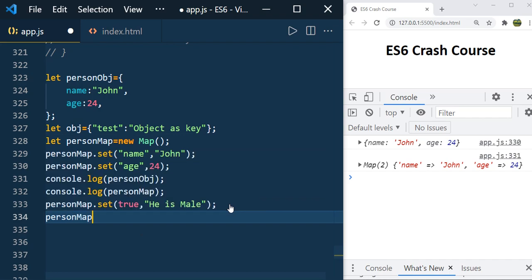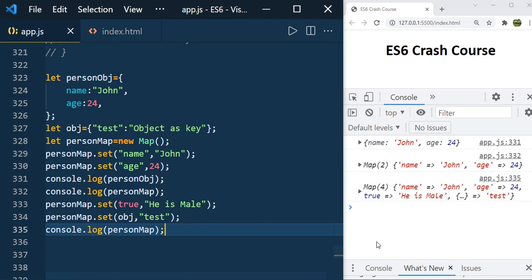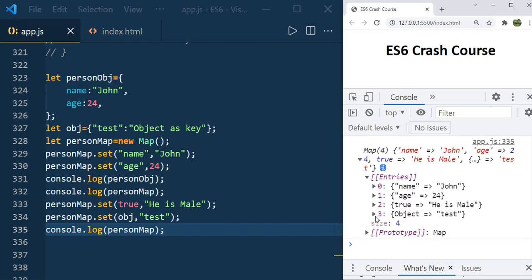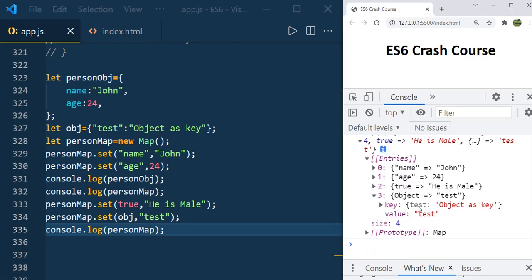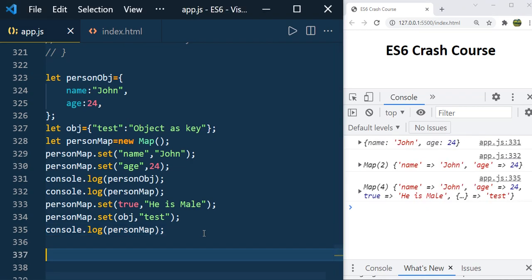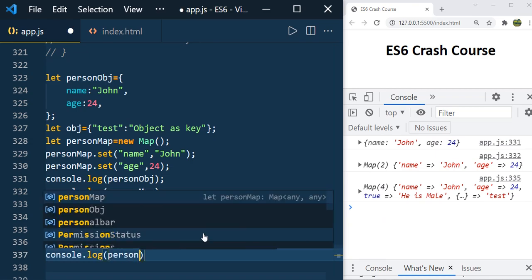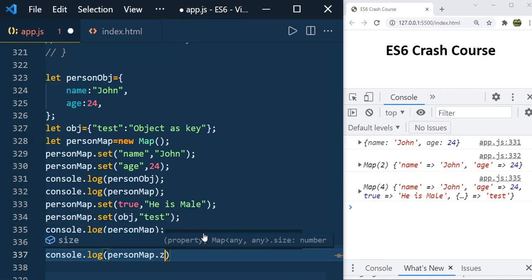Here personMap.set obj, I'm just giving the value text. Let's print this. You can have a map of size 4, so it is having the total 4 elements. The fourth key at the index 3, and you can see the key as an object and value as just a text value. Now let us see how to get the length of the keys in the map. console.log personMap.size gives 4.